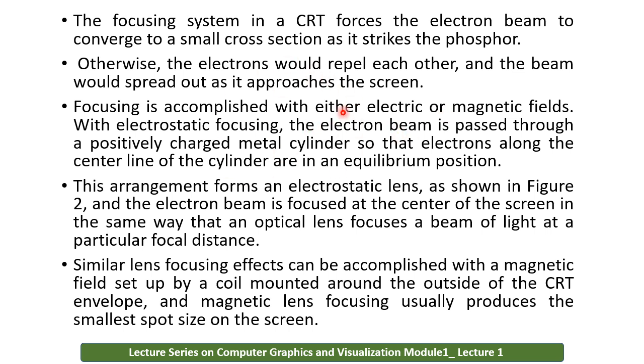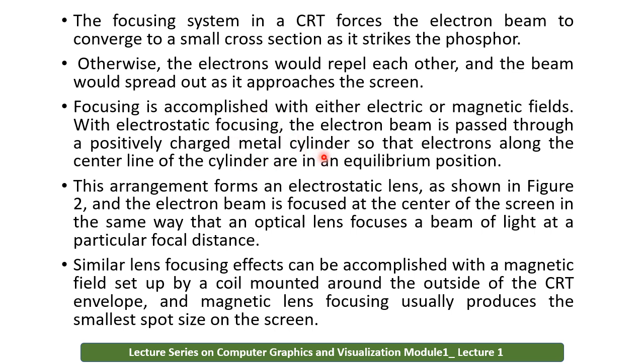The focusing system in a CRT focuses the electron beam so that it converges to a small cross section as it strikes the phosphor. The electrons repel each other, so the beam tends to spread as it approaches the screen. This focusing is accomplished with either magnetic fields or electric fields. With electrostatic focusing, the electron beam passes through a positively charged metal cylinder,